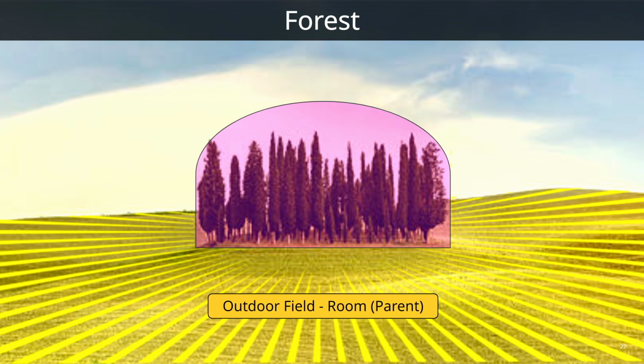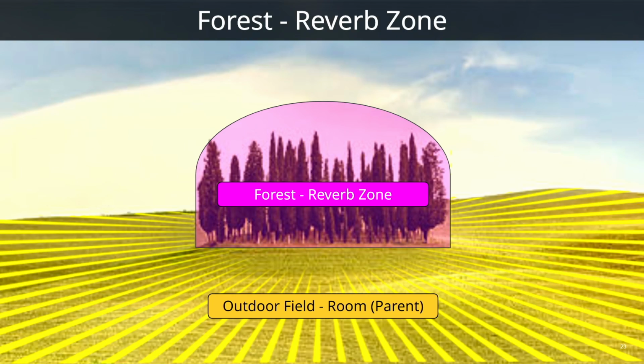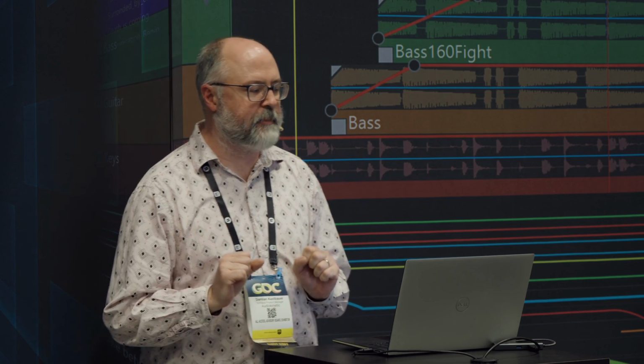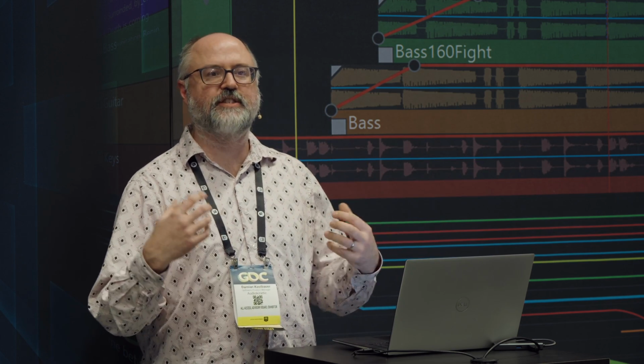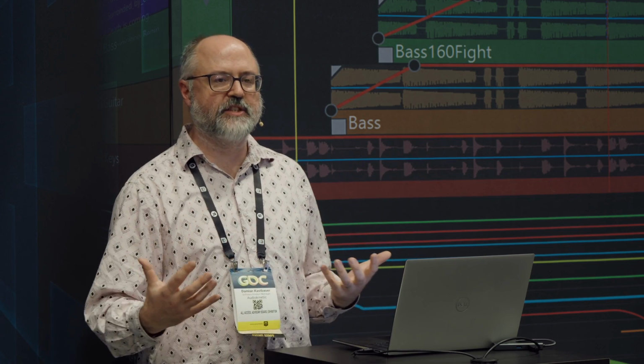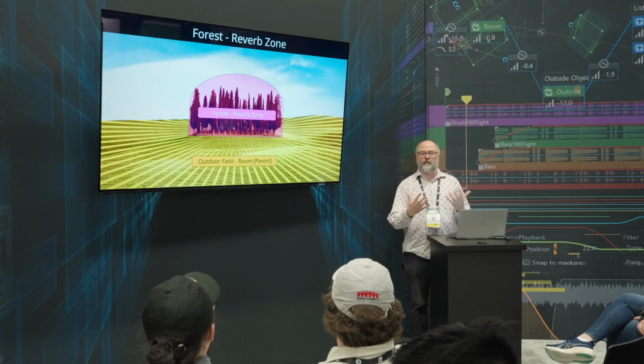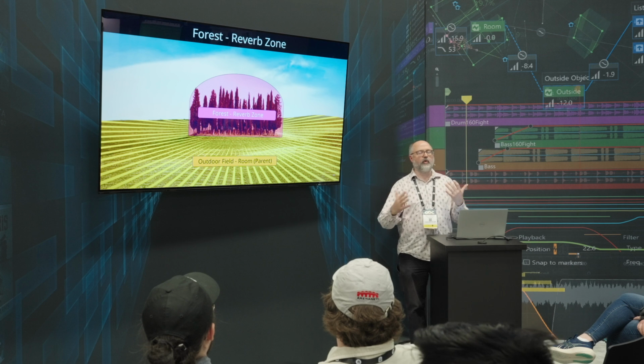And essentially, we can create for that a reverb zone that represents the forest. This can change the ambient inside of it. There's a little more nature in there. Some birds are chirping potentially. And maybe there's a slight slapback reverb that allows us to recognize that the space has changed. Well, using a transition region between these two spaces, we can dynamically move between the ambient background sounds and the reverberation without having to cross any lines.